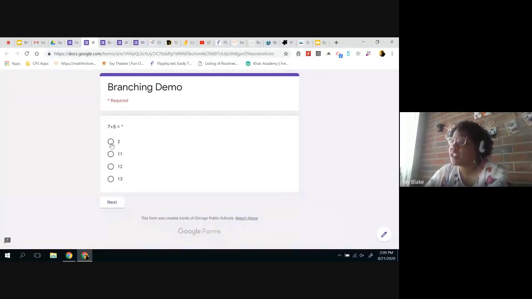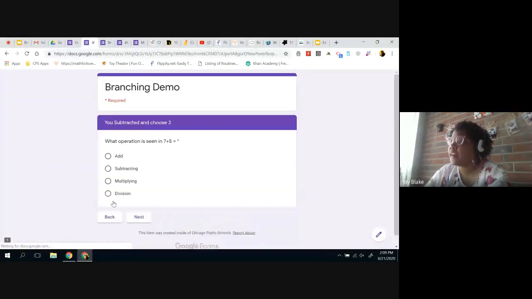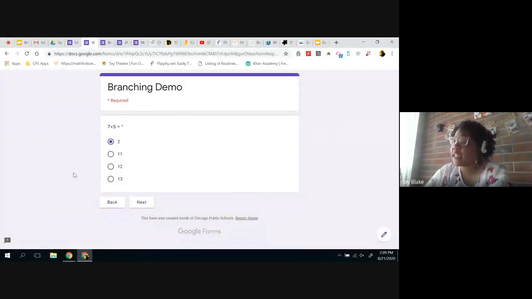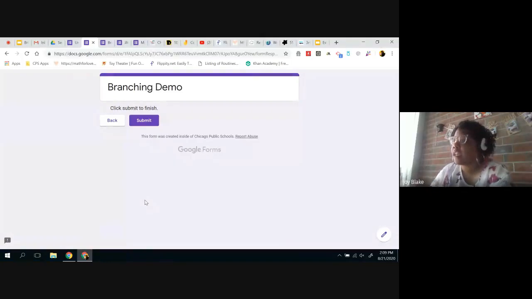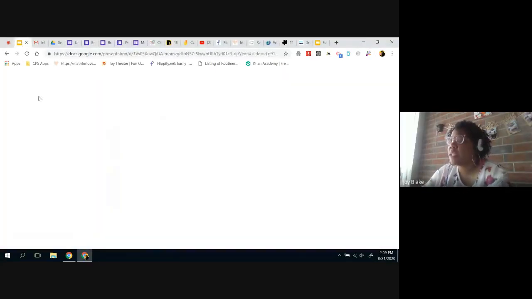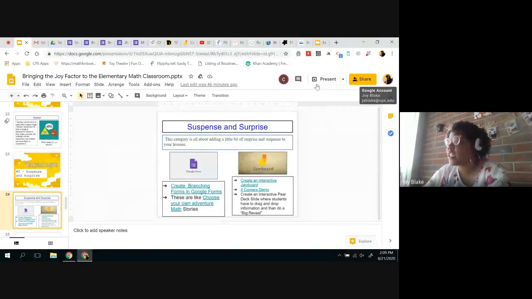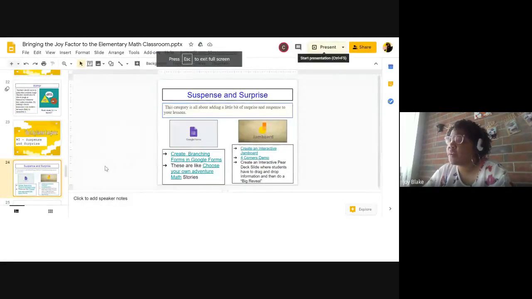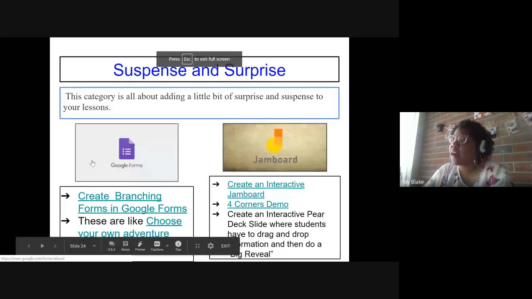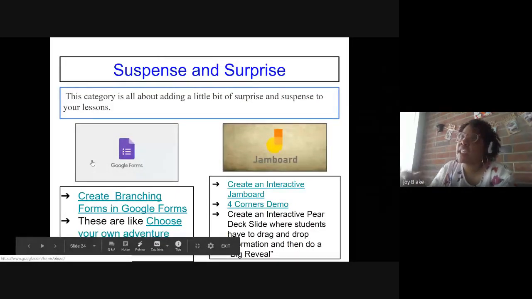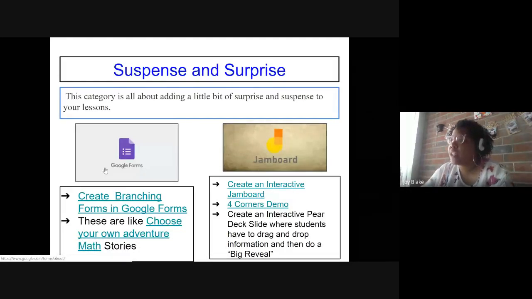So if a kid clicks 2, they get it wrong, they're gonna go here. And then what operation is seen? Okay, I should have added, and now it's going to take them back to the original question for them to correct their work. And now they'll probably click 12, and boom, they're like done. That's like a branching activity that sometimes brings a lot of surprise, because it makes kids feel more independent and that they're learning on their own. You already know that you are going to have kids who are just going to keep clicking until they get it right. But with Google Forms,